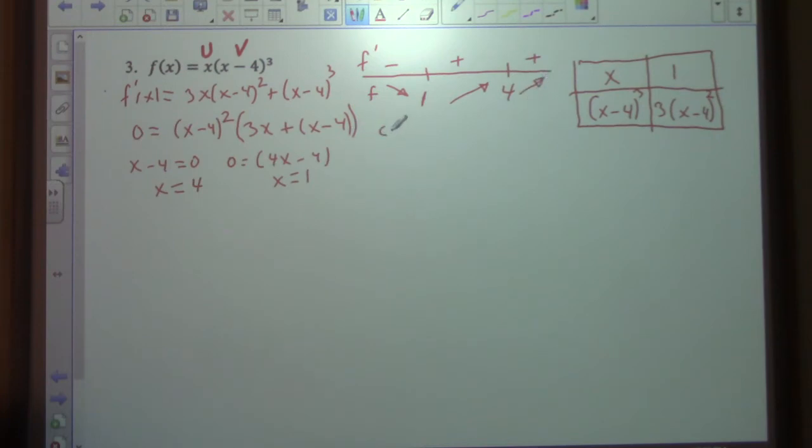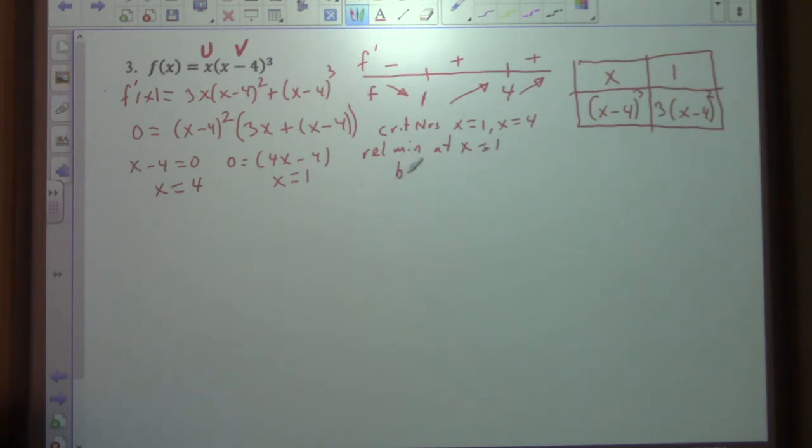So we have critical numbers x equals 1, x equals 4, and do we have a relative maximum? No, we don't. But do we have a relative minimum? Yes, we do. We have a relative minimum at x equals 1